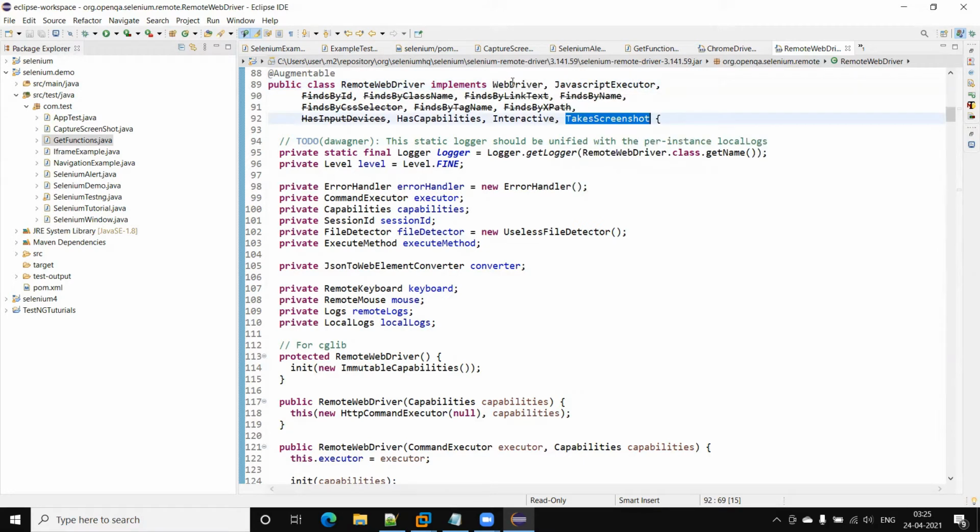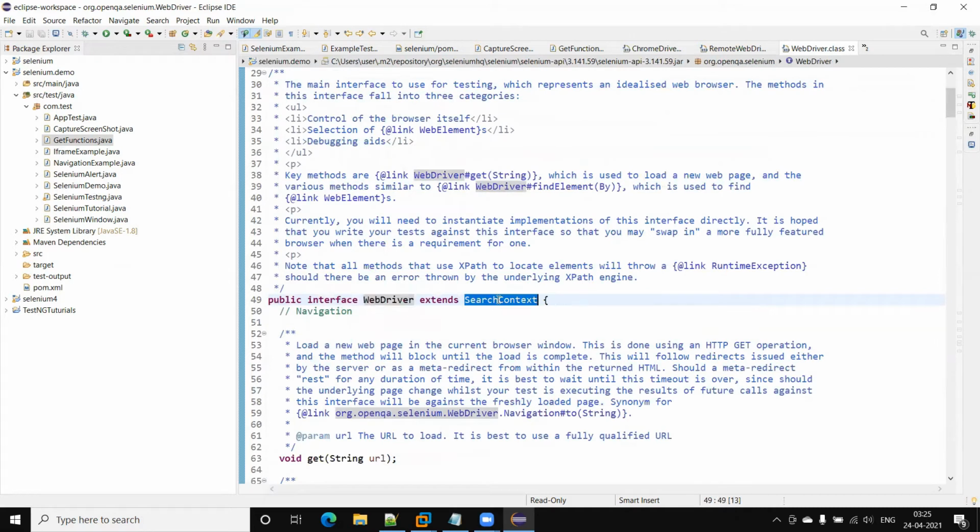If I go into the WebDriver interface, this will extend the search context interface. So on the top there is a search context interface.